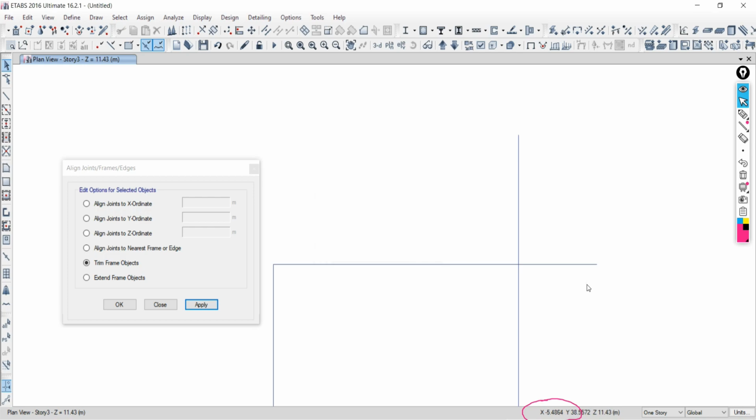Why? Select the frame which you want to trim, and the reference line or reference frame up to which you want to trim. Actually what I want is that this part should be cut, this part should be like this. But that is not executed. Why? Just click over trim, apply, but that is not happening. Why? Because ETABS is actually confused. It is confused because it has 2 points,